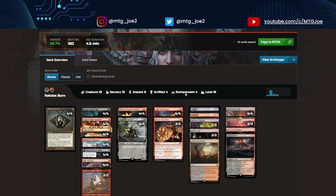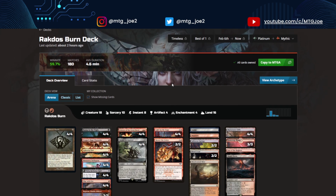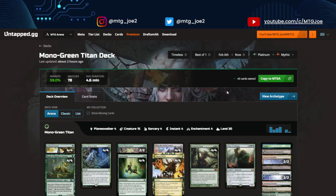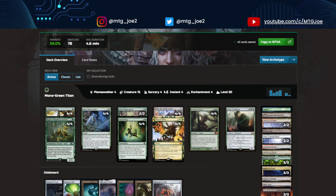I'll paste my deck list too just to see where it differs, but the one I've been ranking up most this month's been a little rough just in terms of ranking, but Burn's been working well for me recently. We then go to Mono Green Titan, so we have a 59% win rate, and there's a couple versions of this